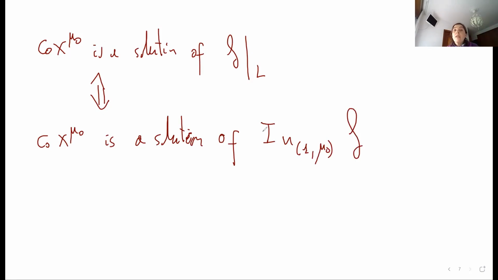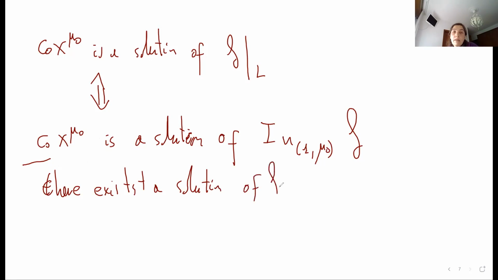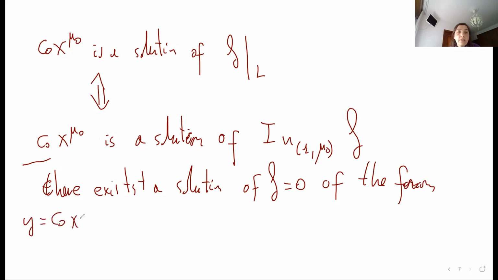Then Newton's theorem, Newton-Puiseux theorem in this language says that there exists a solution of f equals 0 of the form y equals c0 x to the mu0 plus higher order terms